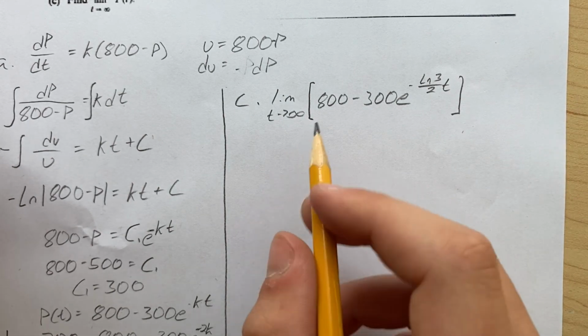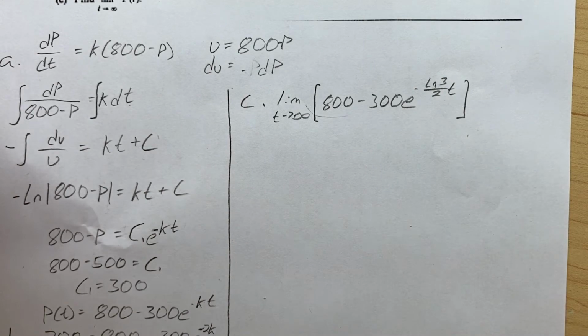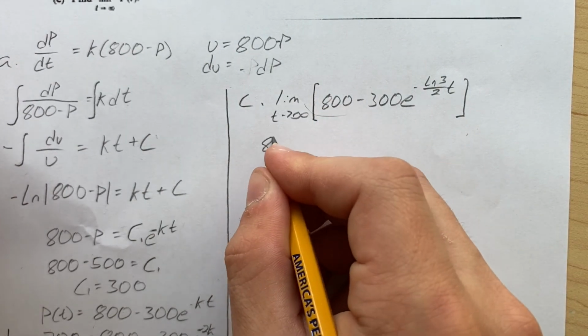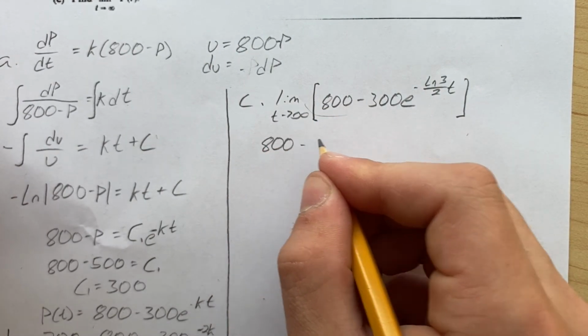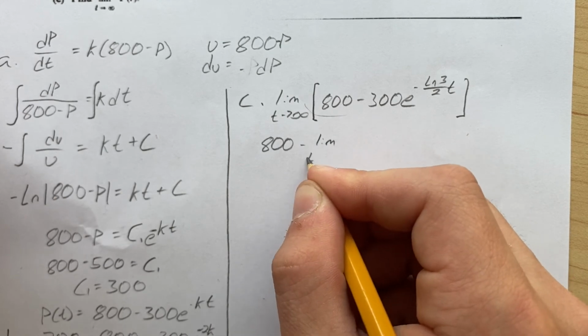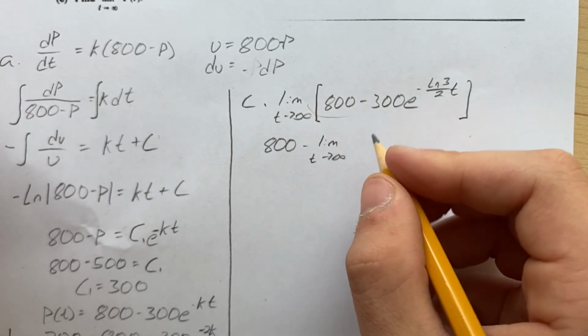All right, from here, this 800 is just going to be a constant, so we can pull it out. We'll have 800 minus the limit as t approaches infinity of